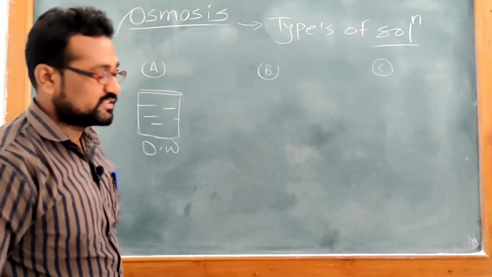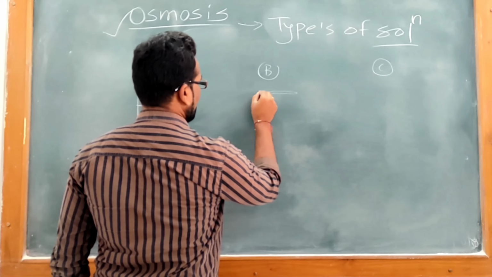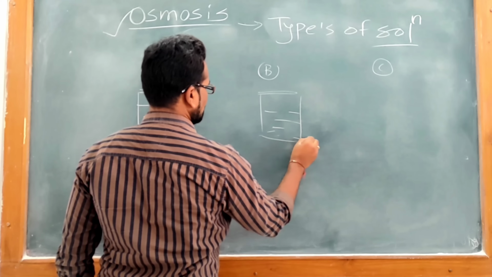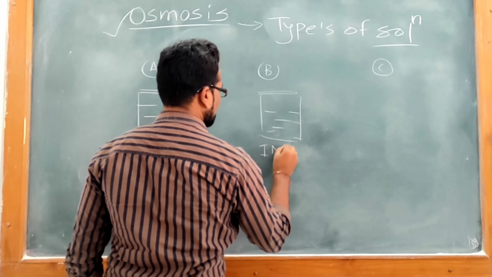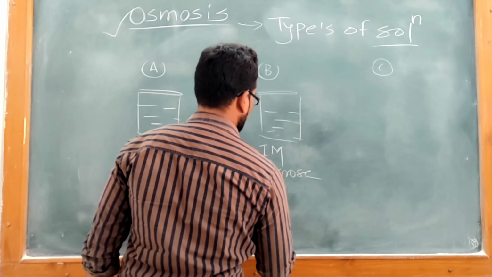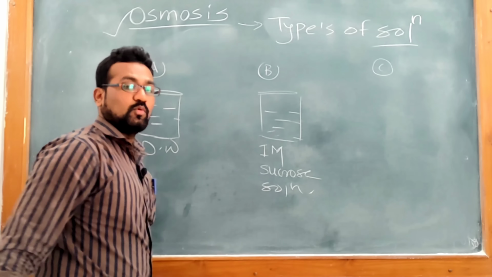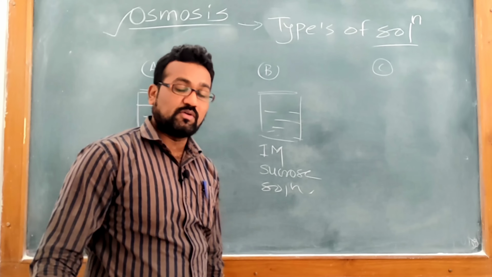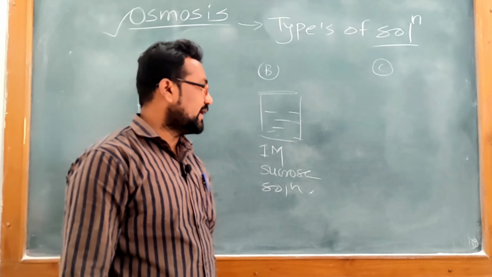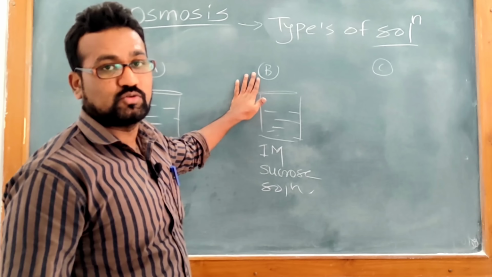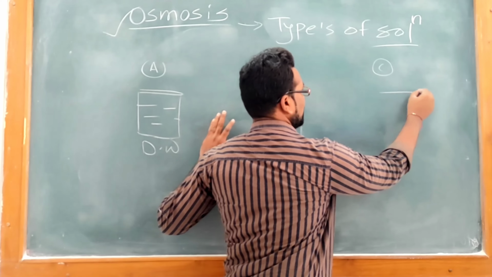We just have distilled water in this beaker. In the second beaker we have 1 molar sucrose solution. How to prepare 1 molar sucrose solution? For that I will prepare another video in a later section. Here just remember we have another beaker in which 1 molar sucrose solution is there, and we have a third beaker